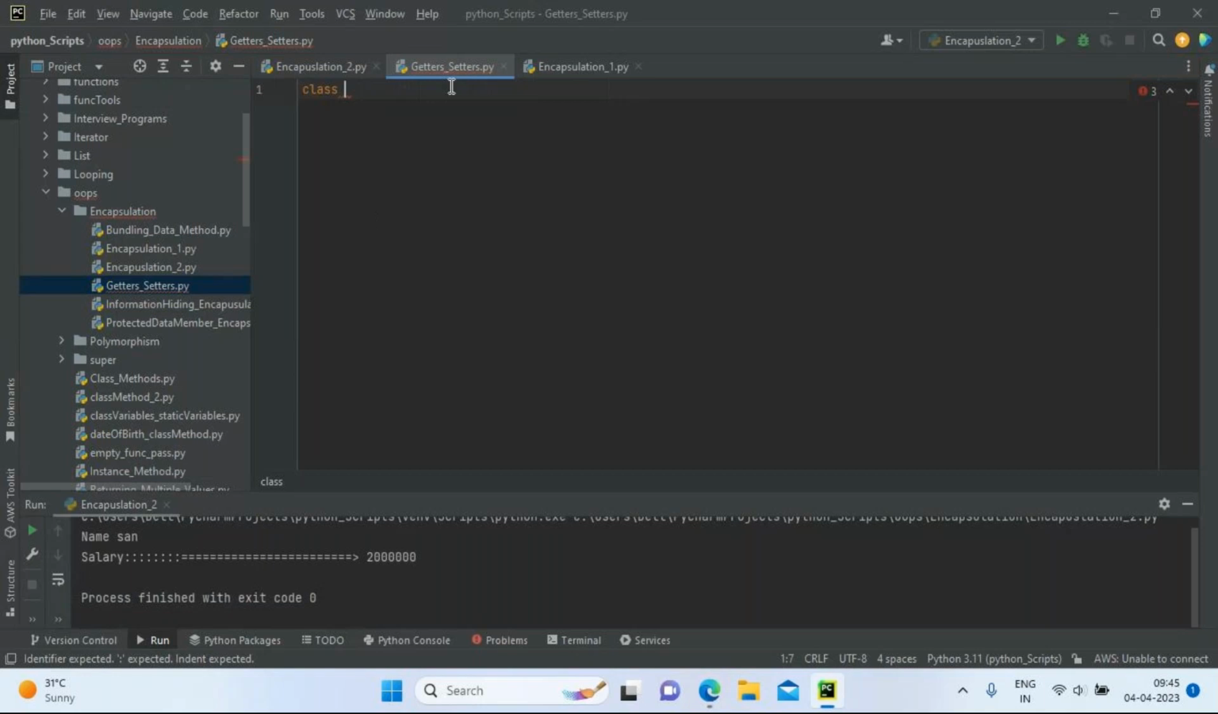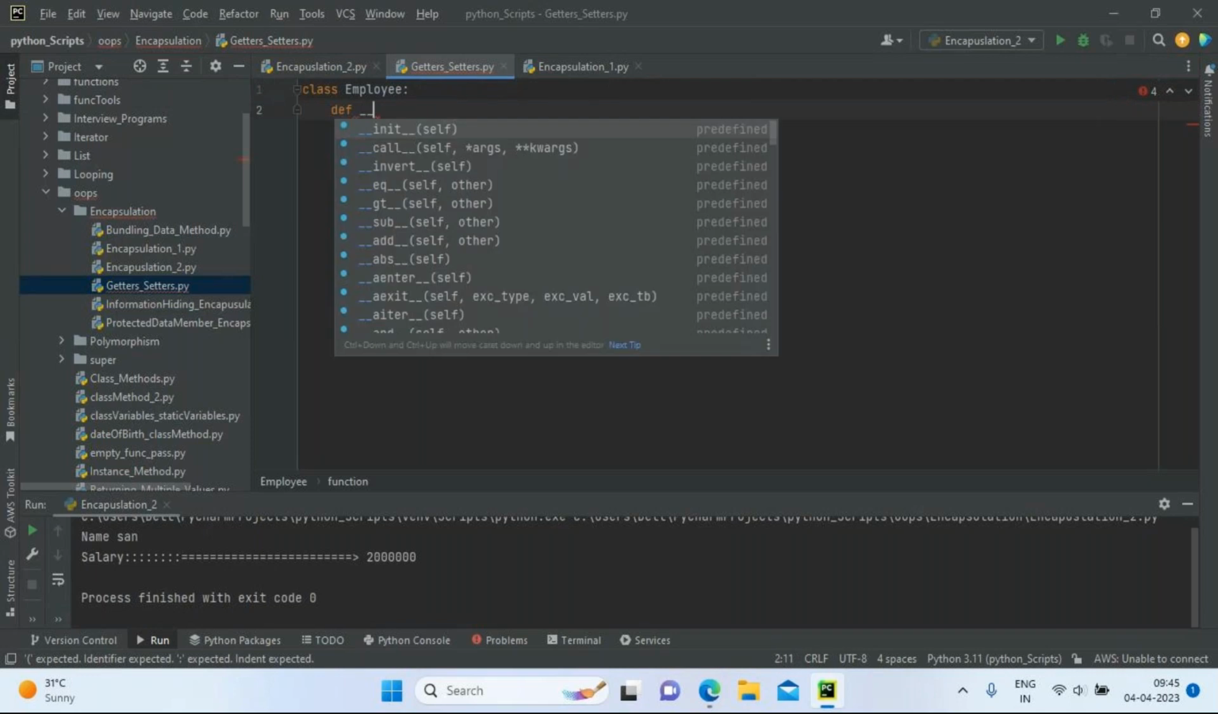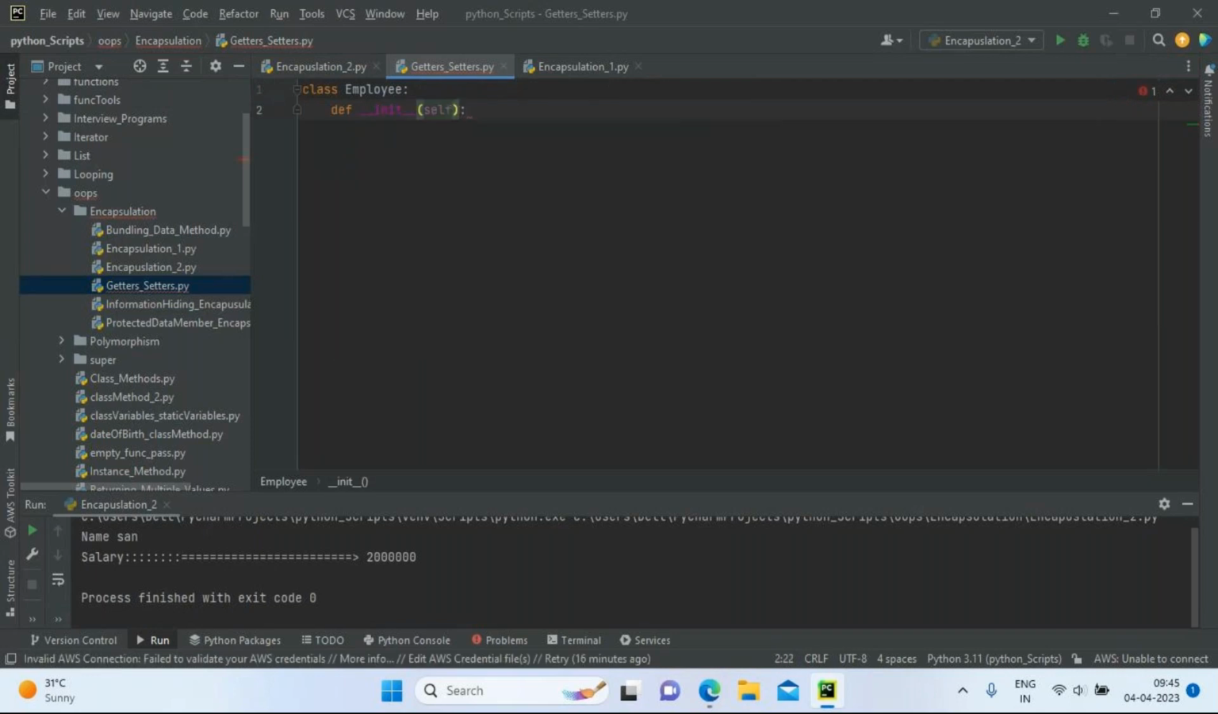Yeah, we'll keep the class name as Employee. Okay, and then I'm going to have one constructor. In the constructor I'm going to have age. The default age is going to be 0. I'm going to set the default age as 0, and then I'm going to create one